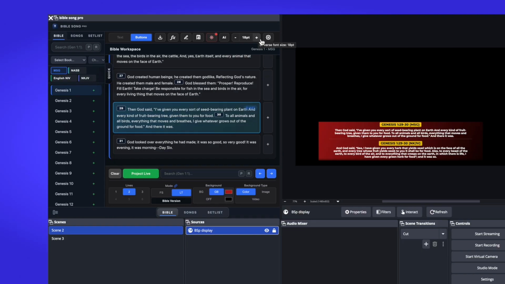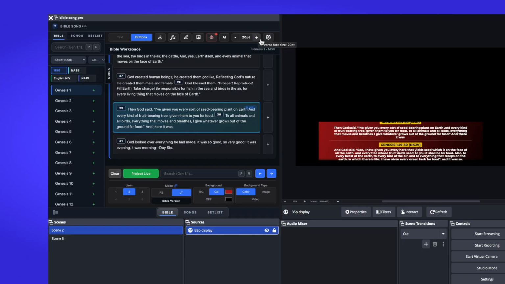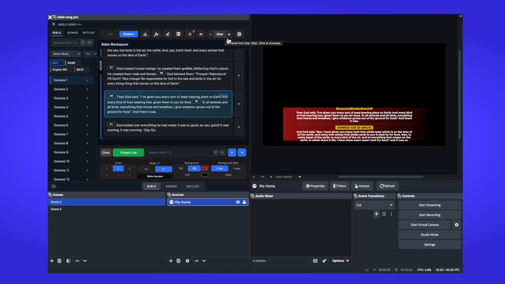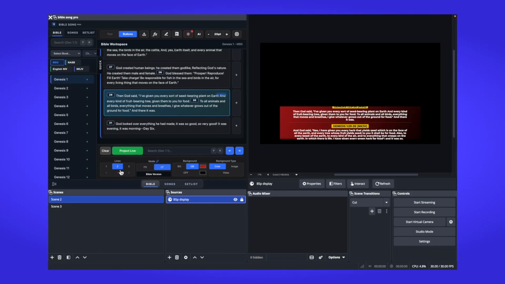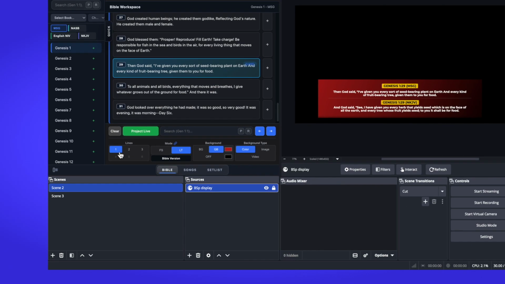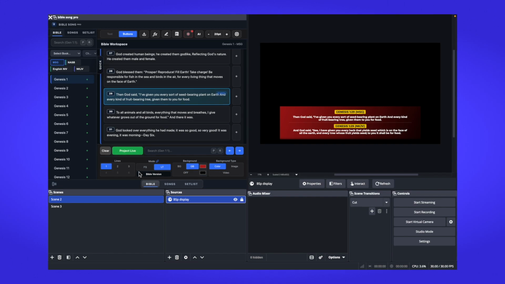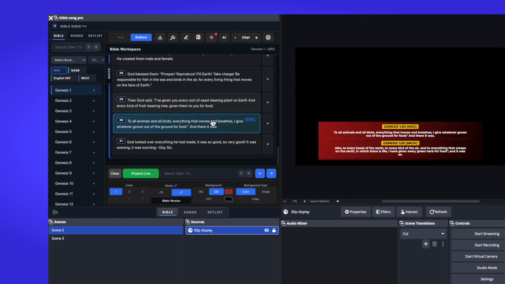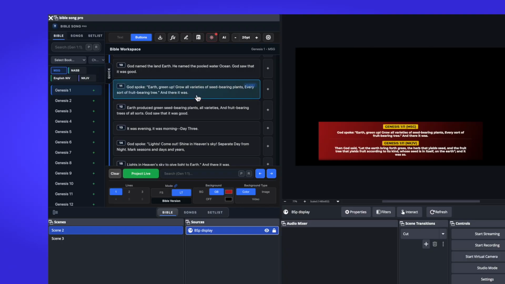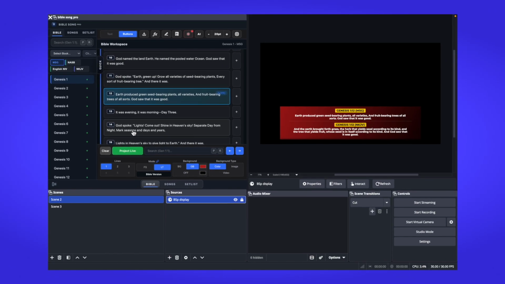But majorly, because you are working with dual Bible version, I will advise you not to use double lines. I will just advise to stick to a single line, because that makes more sense, so as not to overflood the whole screen and make the font size become too thin. I think the best thing is just for you to use a single line when in dual Bible version mode. So this looks very nice, and